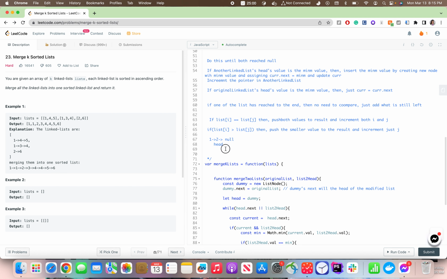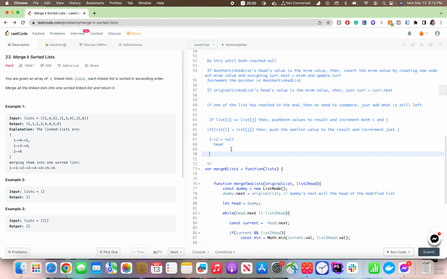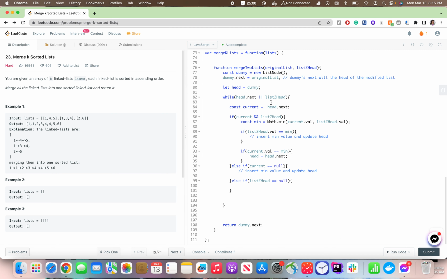Because if there's nothing in list 2, then I can just return as it is. So it means that I should do this only until I find it, or I can say list 2 head actually,